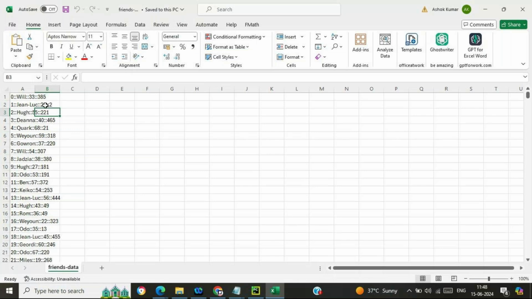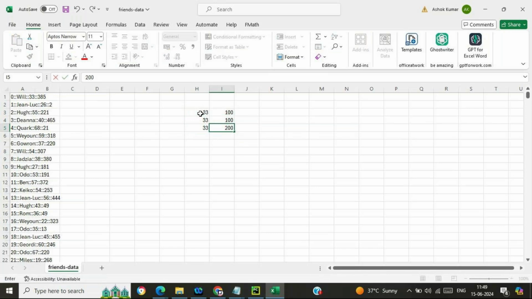So if 33 is given over here, it might be possible other persons are having age 33. Say 33 has 100, 200, and 300 followers.